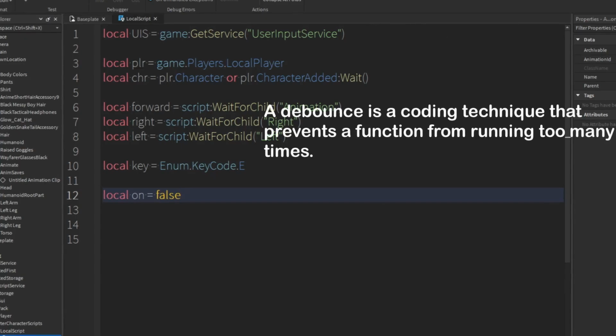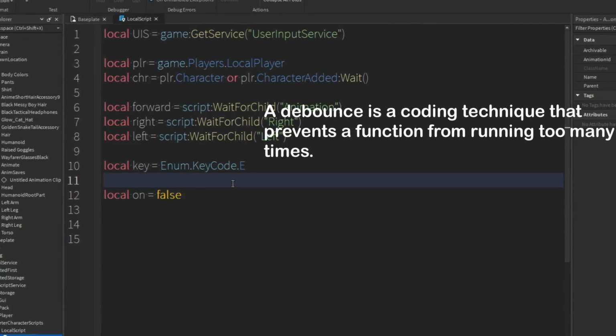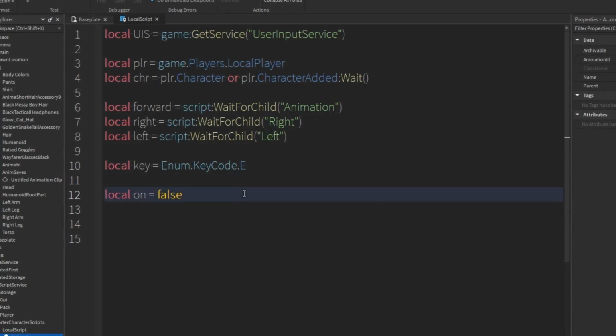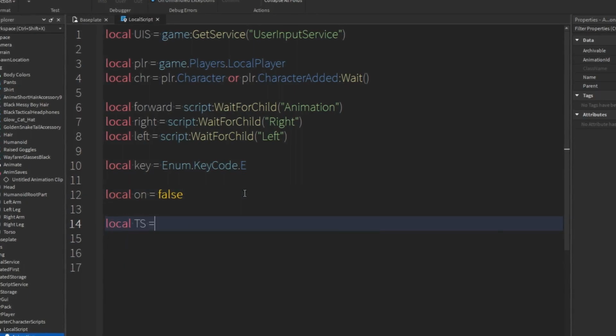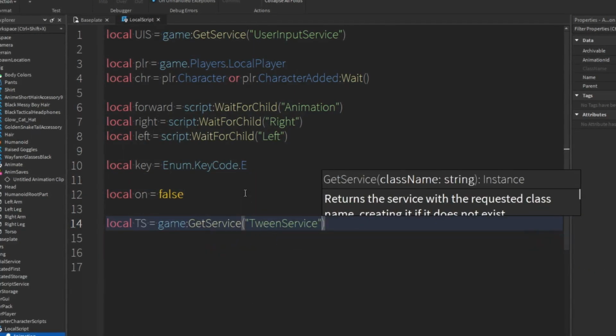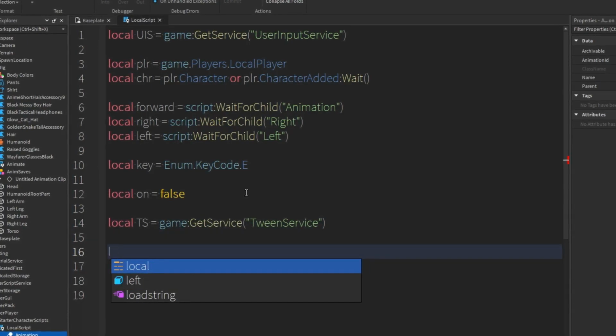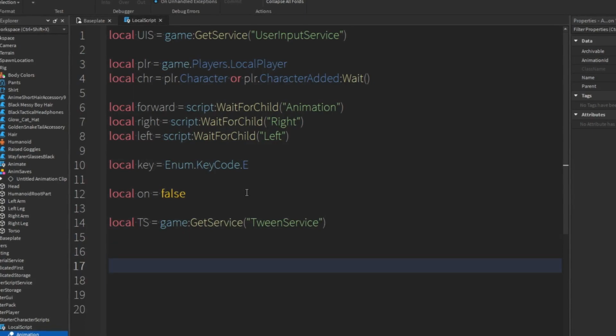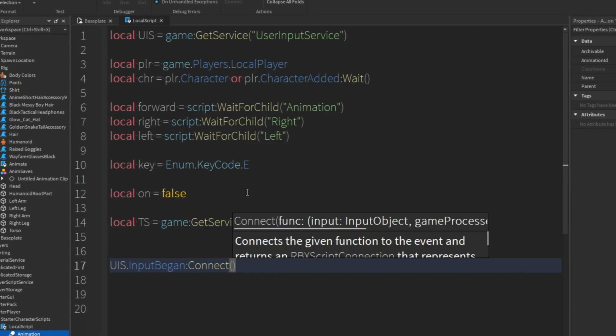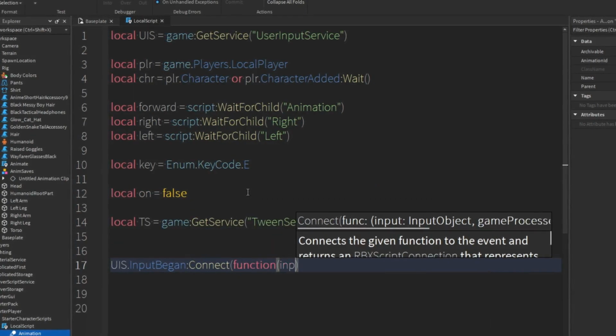This is what a debounce is. Yeah, I'm editing this video. I'm too lazy. Look, TS equals game:GetService("TweenService"). And let's not do that. UIS.InputBegan:Connect(function(input, gameProcessed)